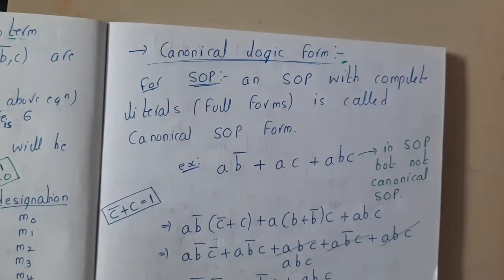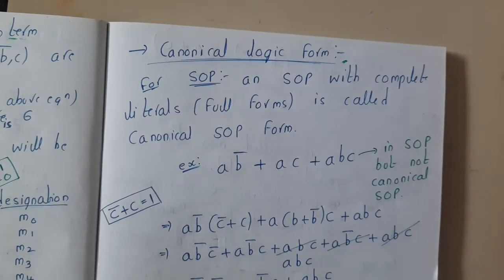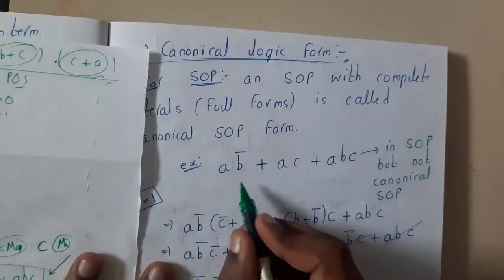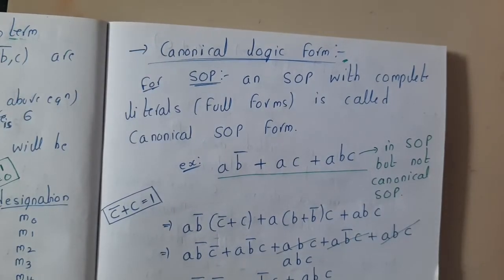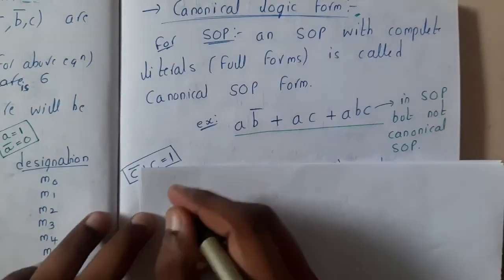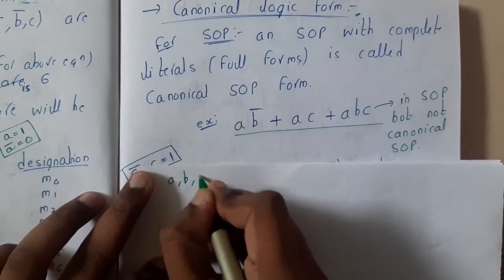So canonical SOP is nothing but the full forms, guys. Basically they will give some expression. If you observe carefully, this expression looks like a min term, but few of you will be saying that, like, if there are 3 variables. Basically I am clearly saying that there are 3 variables.